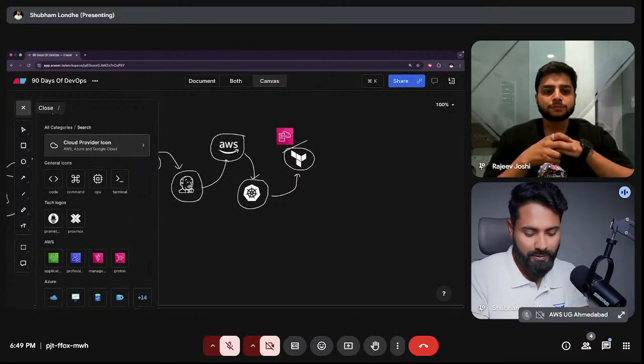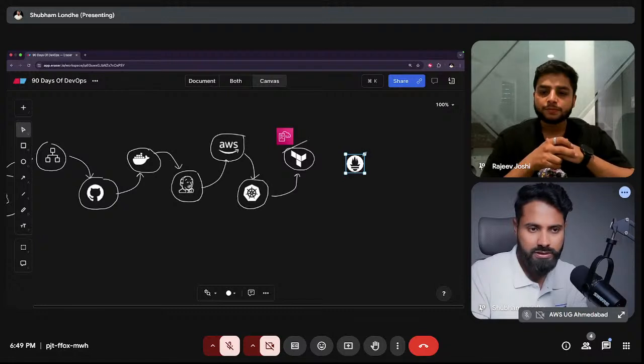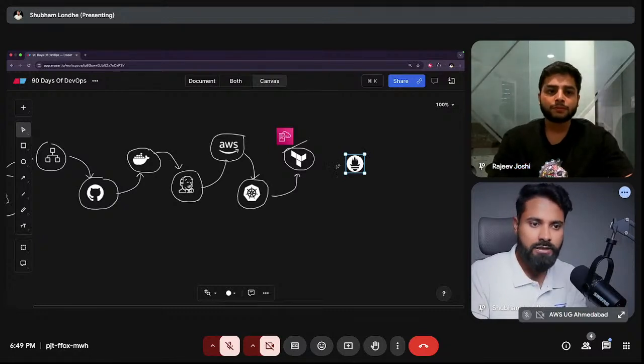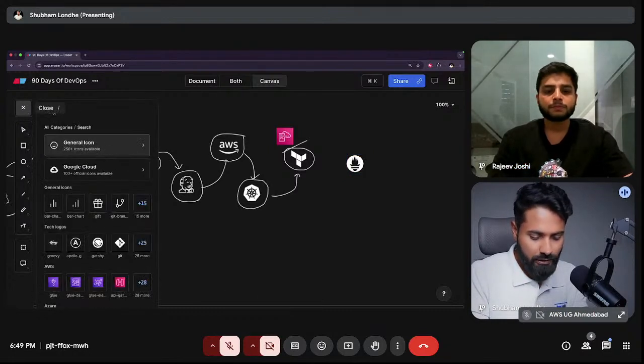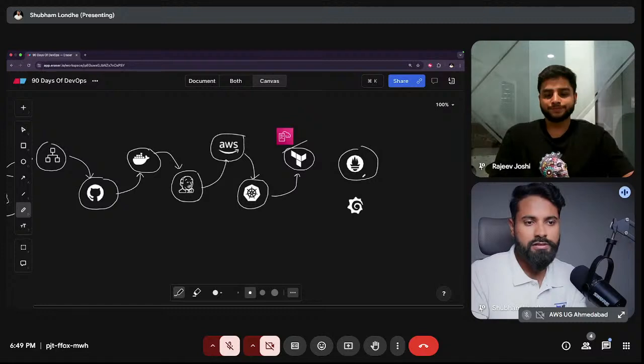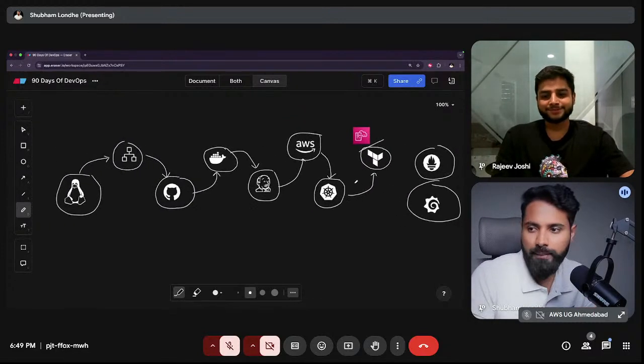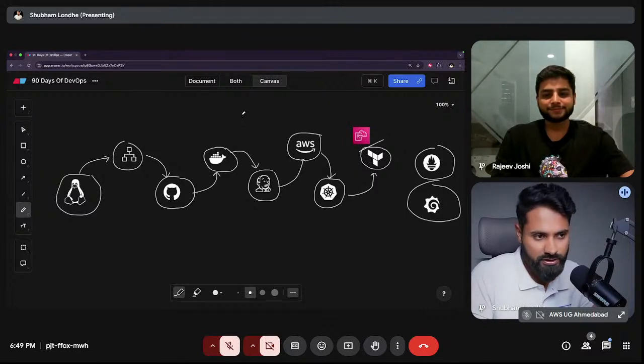Then you do Prometheus, Grafana, or you have OpenSearch dashboards from AWS. So you can have a lot of solutions for this. Now the thing comes, hey, this all seems too much. How do I break it into 90 days? So just divide it.